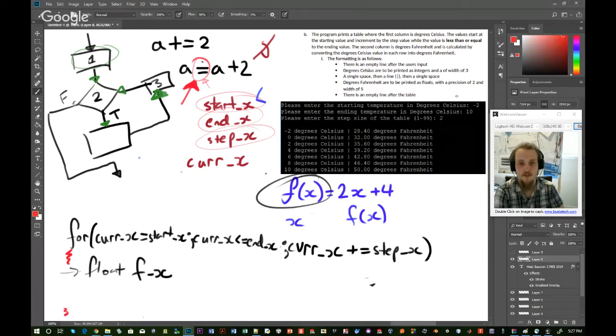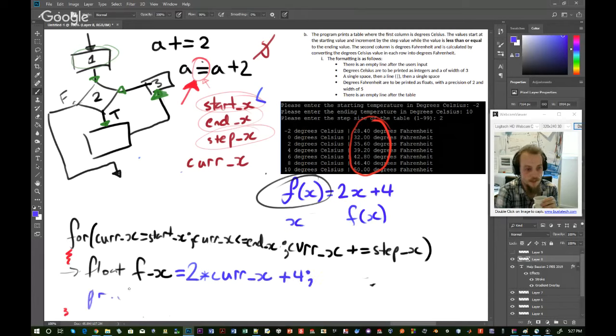Same with this, the degrees Fahrenheit is only used within the for loop, and so it should be declared within the for loop, not anywhere else. From there, I'm just going to put my formula. Now, as I said, this is my formula, not your formula that you've got. And I'm going to use current x plus 4. And then I'm just going to do a printf and make